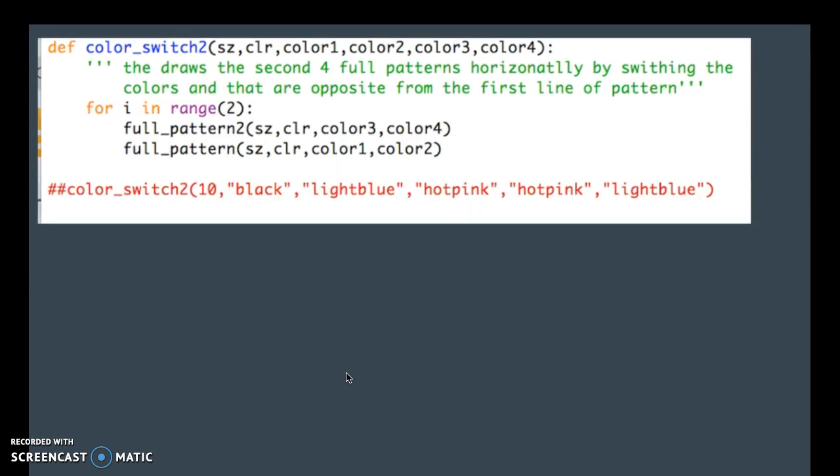Color switch 2 is exactly the same as color switch 1, but it is slightly different. The first thing she does is